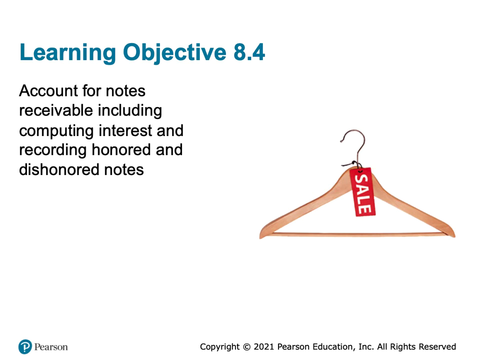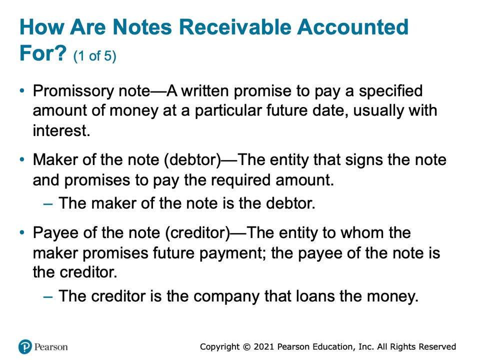Notes Receivable. And so how we're going to deal with interest, and then also if a note is dishonored and how we deal with that. So a notes receivable is also sometimes referred to as a promissory note, and it's just a written promise to pay a specified amount of money at a particular date in the future, and it typically has interest